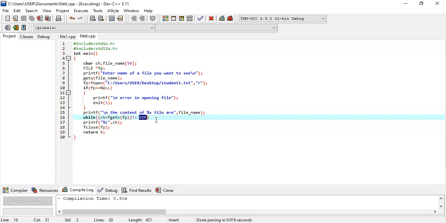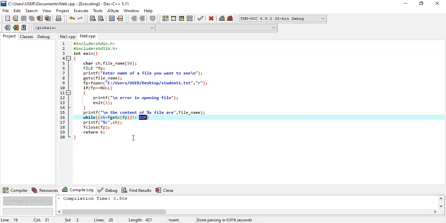In my output monitor, when you run the program, you have an output screen. In that particular screen, all the ch values are printed one by one. But at last, when it reaches the end of file, this condition is true because ch is equal to EOF.